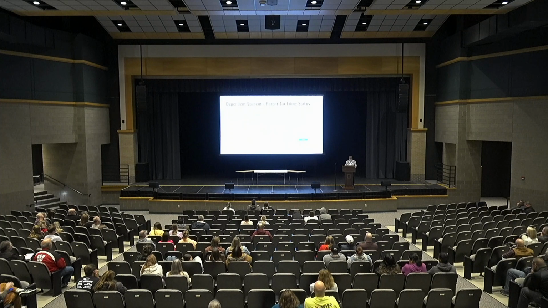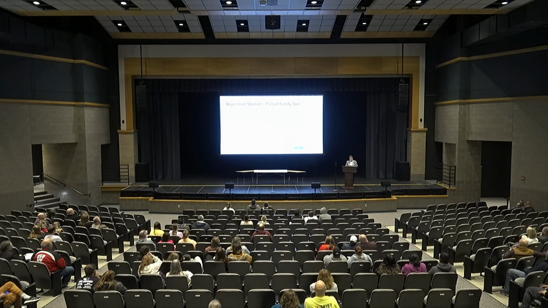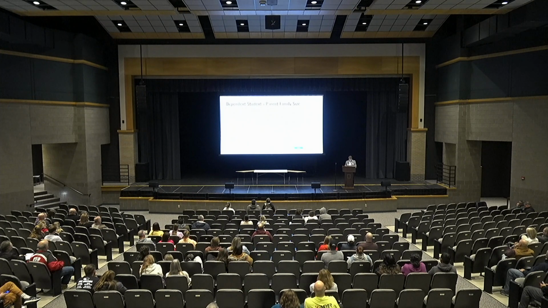Dependent students' parent tax filing status, family size. When you count the students in the household, if it's mom, dad, and Johnny, you count 3 in the household, and if Johnny's the only one in school, you count Johnny in college. If you have an older sibling already in school, there's 4 of you in the family, and it says enter the number of dependents who live with and will receive more than half of your support. So you will list the number of dependents that get support from you. The person in college counts. The other sibling in college counts as people getting support.